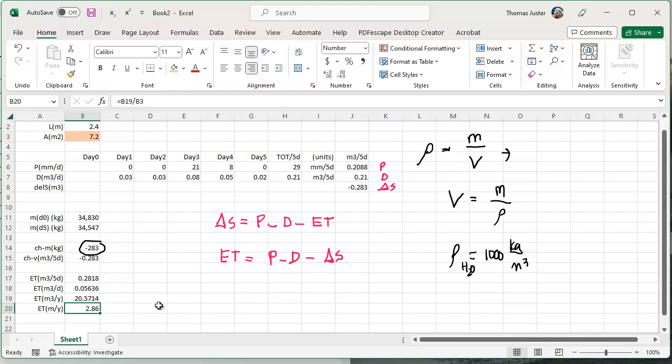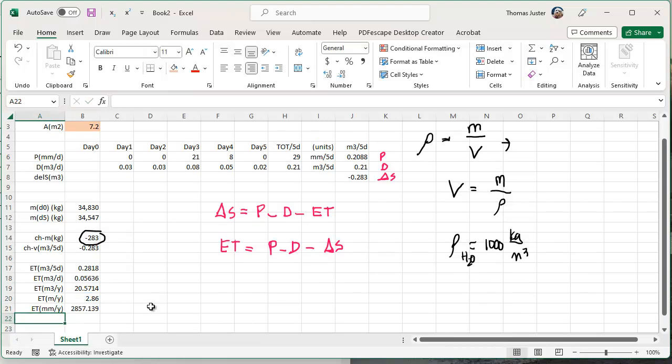2.86 meters per year. That's probably a more useful unit than millimeters per year, but in the rest of the world, usually precipitation is measured in millimeters. So if I want ET in millimeters per year, that's going to be super easy because there are 1,000 millimeters per meter. So I merely need to multiply that value, the one in B20, times 1,000, right? And I get 2,587